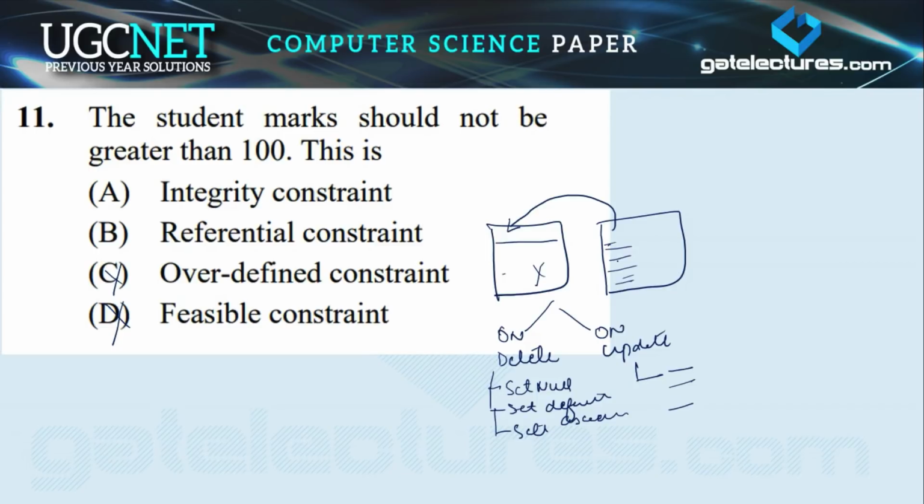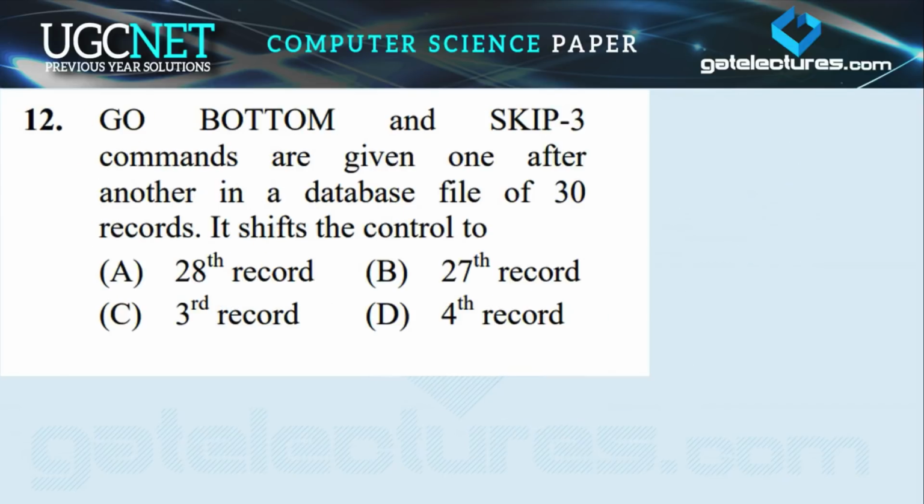And the next one is integrity constraint. So integrity ensures that if this is a database, right? If this is a database, it ensures that changes made to the database are by authorized users, that whoever makes changes here should be an authorized user, and there should not be any loss of data and any kind of inconsistency. So integrity constraint takes care of this. Now the student marks should not be greater than 100. So all kinds of data related problems are handled by the integrity constraint. So option A is the right one.